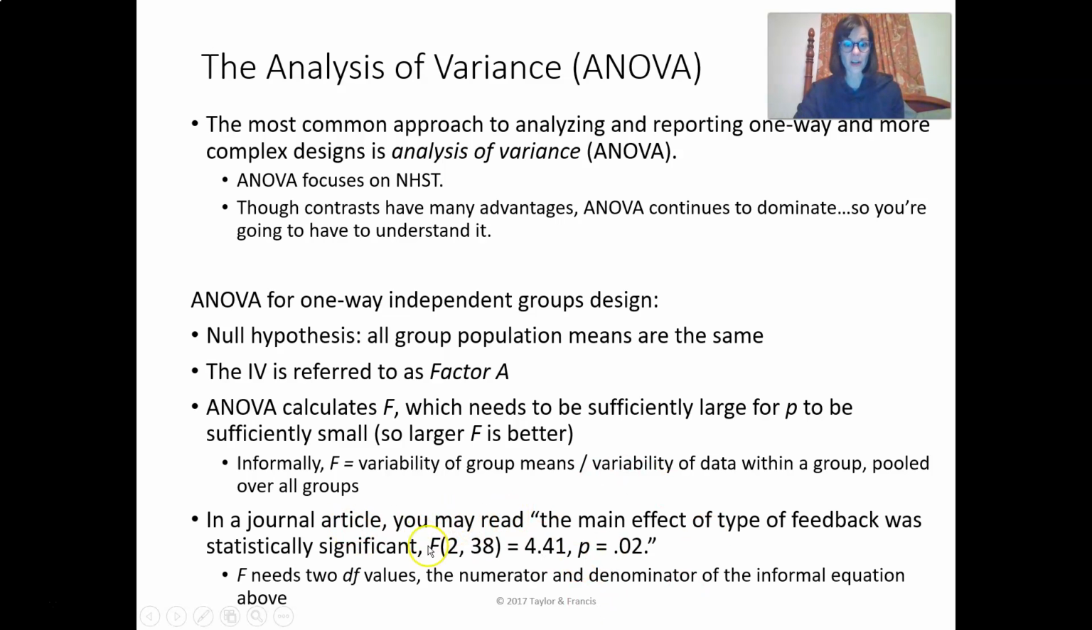So in a journal article, you might actually end up reading something like this. The main type of feedback was statistically significant with an F. So we have 2 degrees of freedom here. So we have the degrees of freedom between. So that's basically your number of independent variables minus 1. So in the case of feedback, we have those 3 different types of feedback. So it's our levels minus 1. And then we have